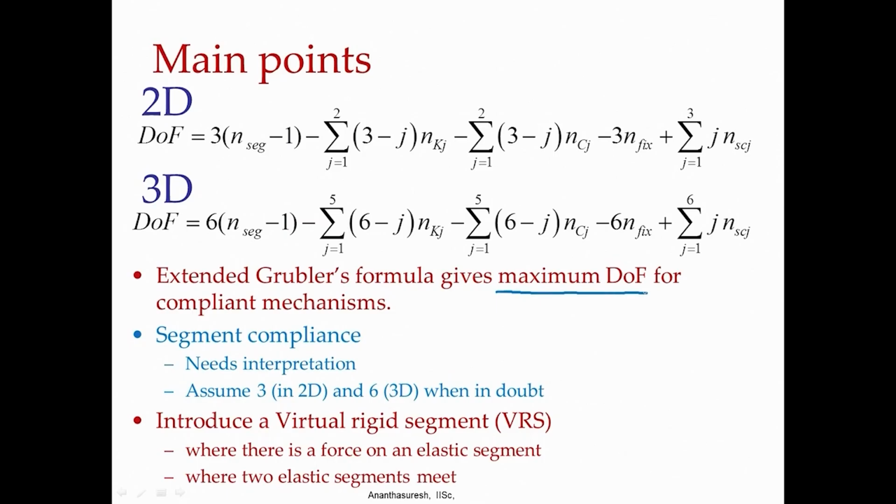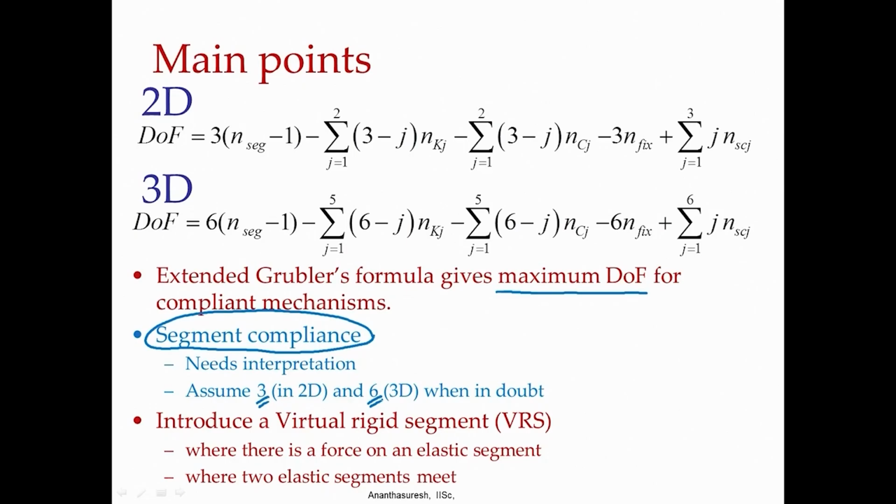possible for a compliant mechanism, and we need to understand this concept of segment compliance. There are two conditions in which we have to use this segment compliance: that it needs interpretation, and assume 3 when you are in doubt in 2D, assume 6 when you are in 3D. So, this interpretation is one way, and the other way is to assume the maximum and then